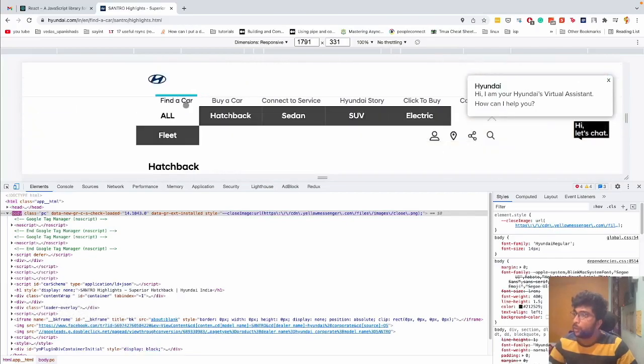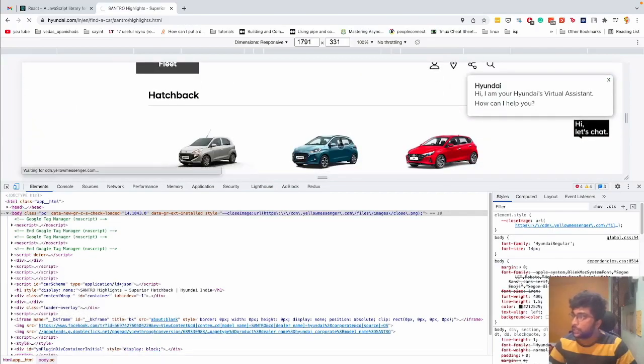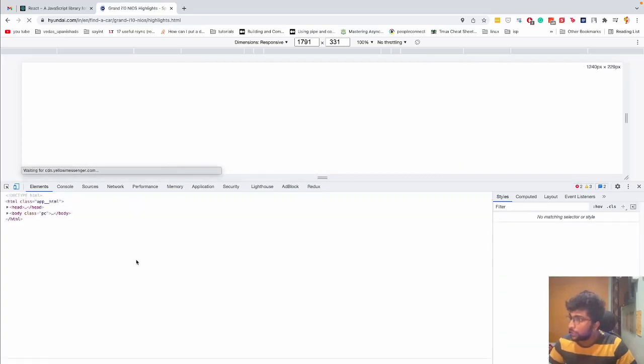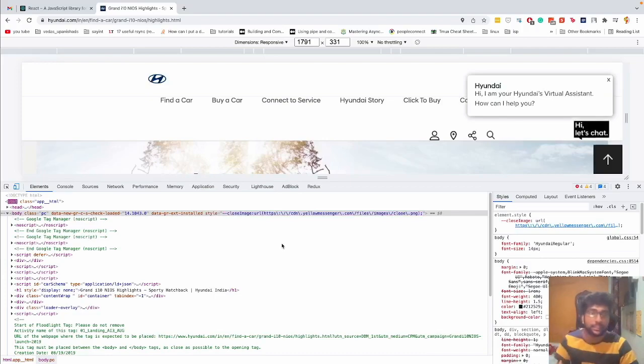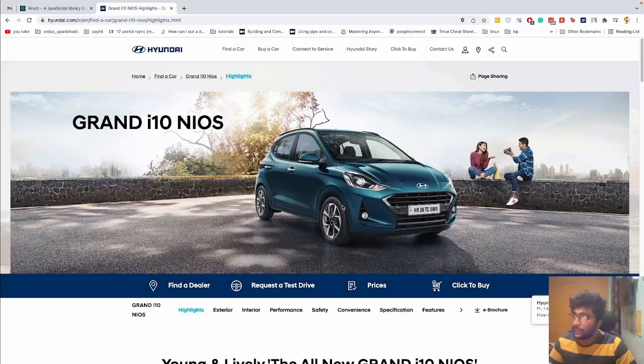Similarly, when I'm going from one car to another car, everything is being repainted again, the body and the elements, everything is being repainted. So this clearly shows that if you are painting large amounts of data on the browser, then the time taken to load the web page drastically increases, right? Now, if you compare the same thing